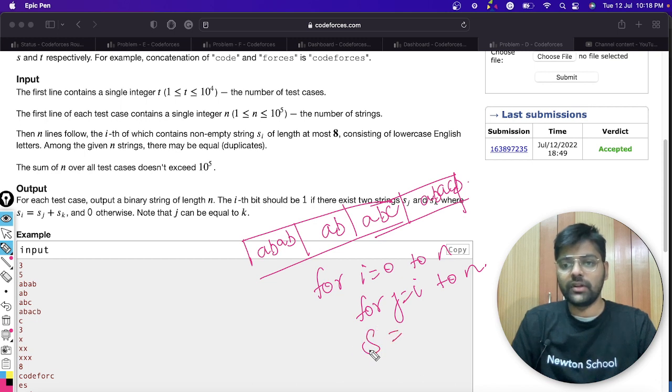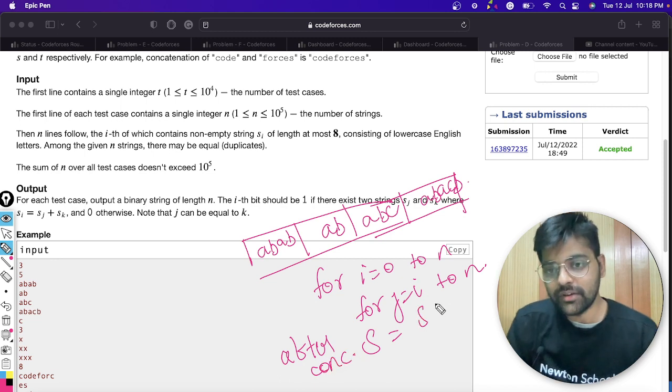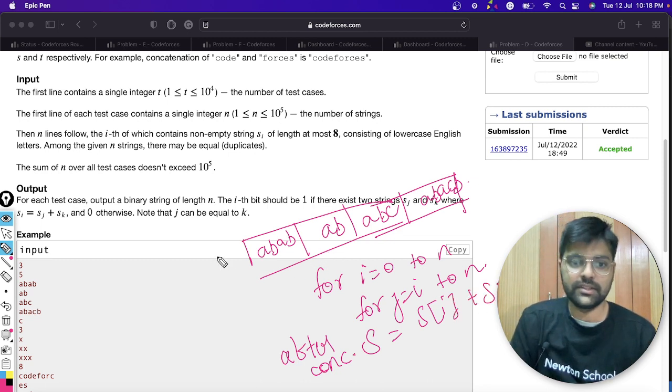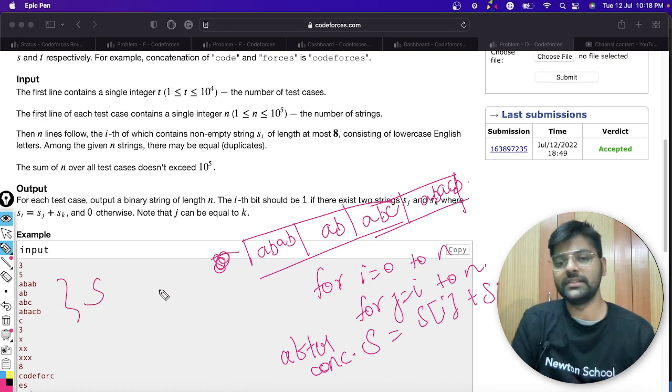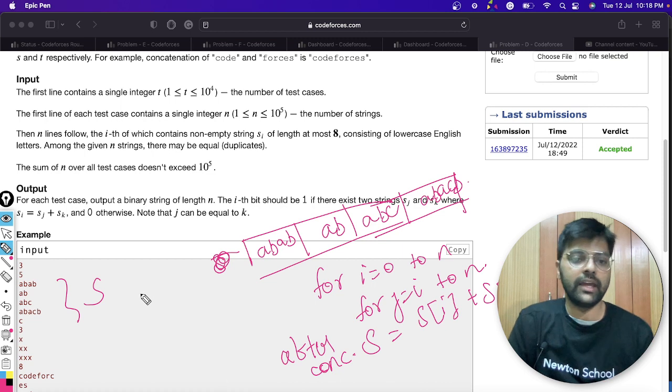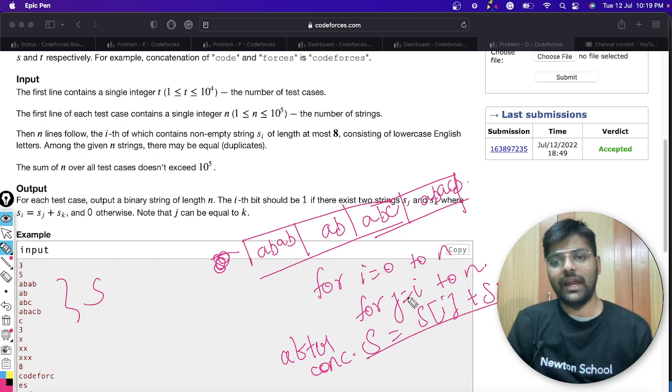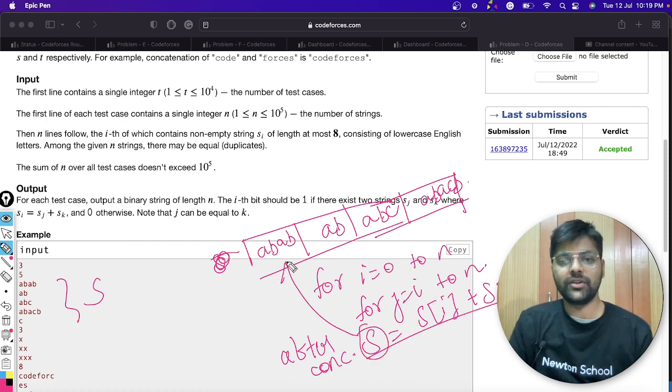our string after concatenation, what will it be? s_i plus s_j, right? This input I will put in the s array. Let's say a vector array of strings, and I have put it in the array. Now we will check whether it is present or not. If it's present, then the answer should be yes for that string, else no,